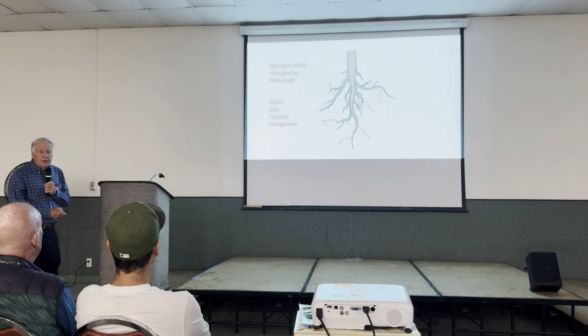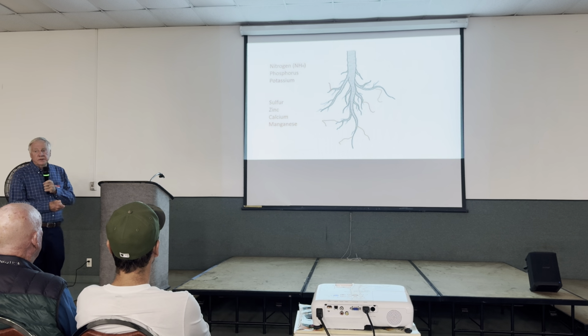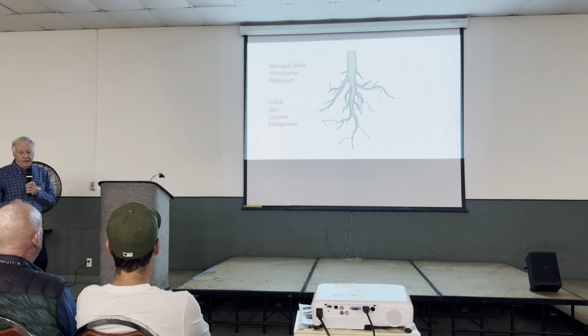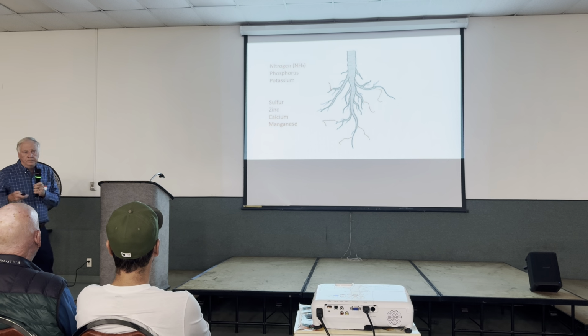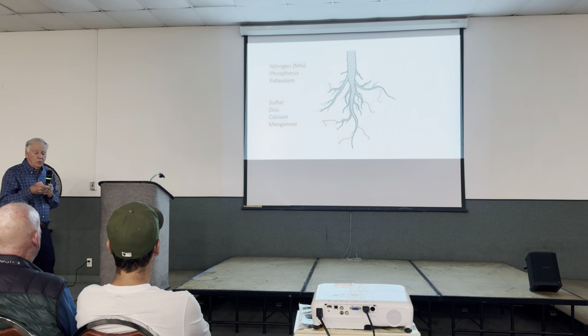And the types of things that the fungi provide to the plant are nitrogen, phosphorus, and potassium, which is what's in fertilizers, right? If you go and buy a fertilizer, it tells you what the amounts of these various materials are. But also things like sulfur and zinc and other minerals that are in the soil are obtained by the fungi and provided to the plant, so that the plant actually has assistance from the fungi, and those fungi, as I tell you, can actually digest things. So they actually can do things that the plant cannot do, and they interact with